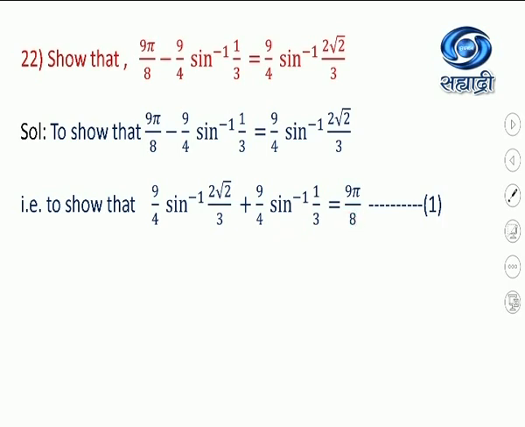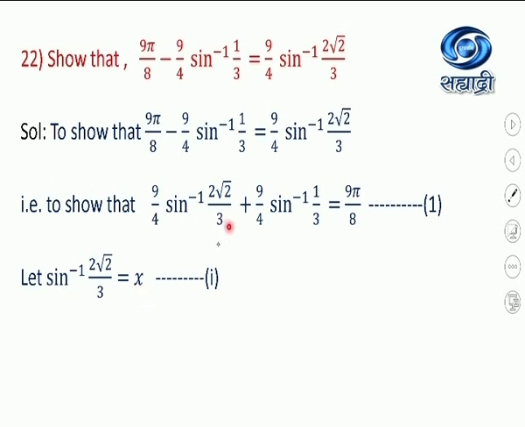What we have done is, these two terms we write on one side and this term on the other side. Okay, so we have these two terms, 9 by 4 sine inverse of and again 9 by 4 sine inverse of. We call this equation 1. Again follow the same procedure. Sine inverse of 2 root 2 upon 3 we assume by the variable x.